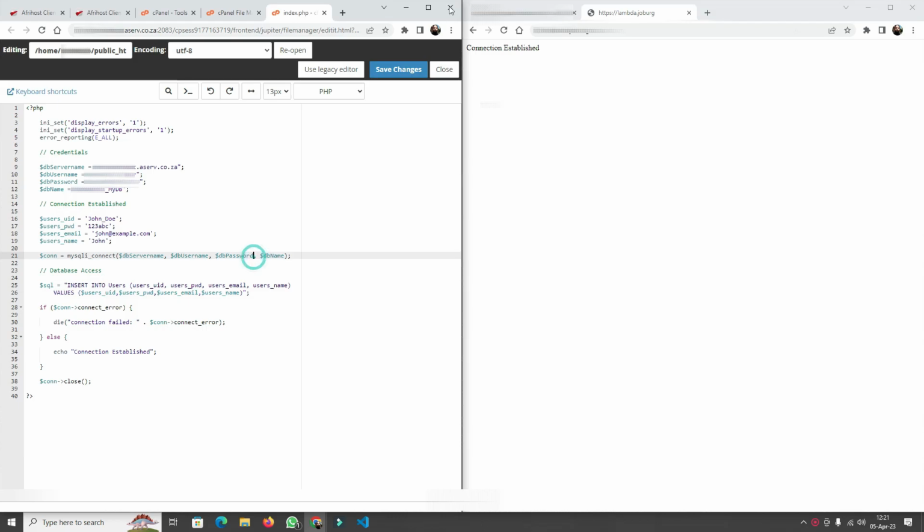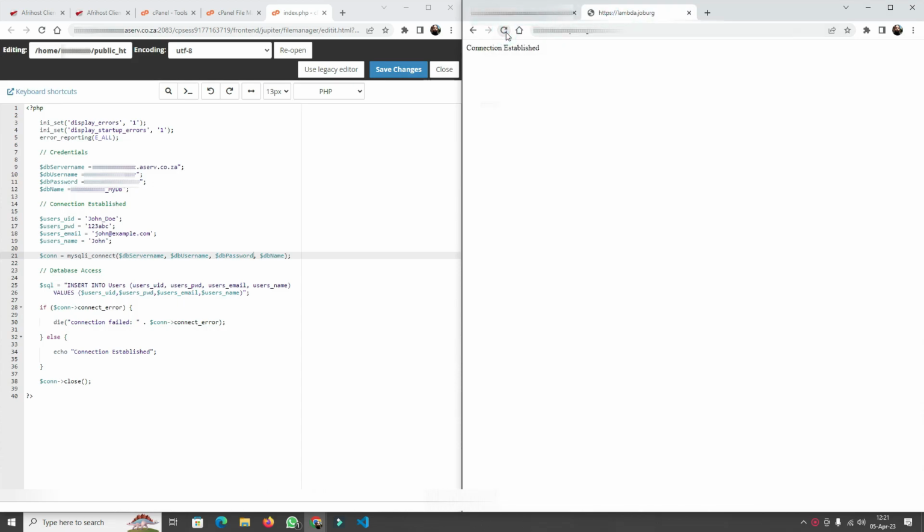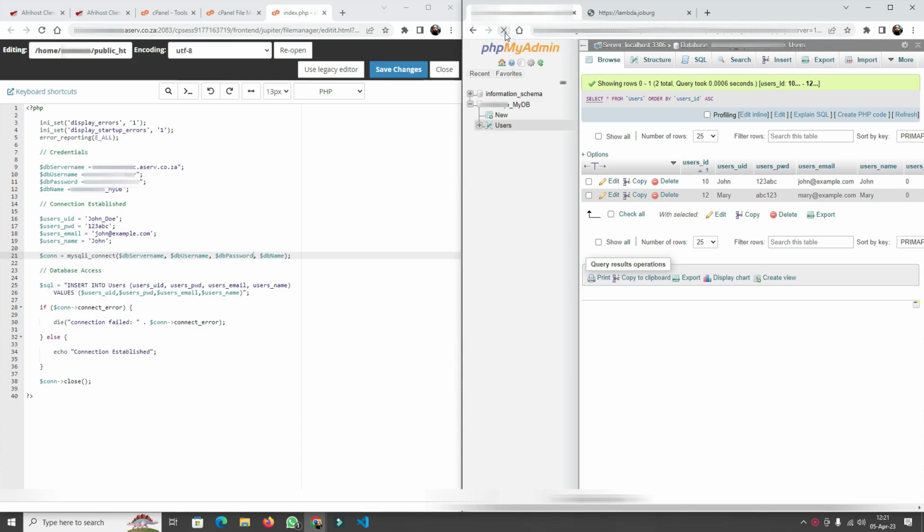If I save that, currently I have 2 people inside of my users table in the MySQL database, which is John and Mary with index 10 and 12. And if I reload my browser, you would expect there to be 3 users, but upon reloading my database, I still see that nothing has happened. That's because the database is preventing us from inserting values that are variable values into our database, because we need to use the prepared statement method. So to make sure that it cleans the data